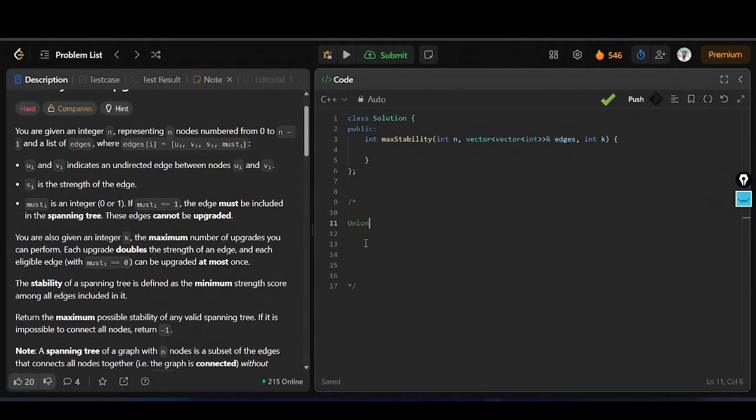So union find is what we need. In union find, what do we want this union find to do? Connect. For that we need parent and rank, and it should be able to tell me if there is a single component at this point or not, or how many components are there currently. So components is a variable that I'll initialize with the number of nodes, and we keep reducing as we merge, right? So we need functions of find parent,